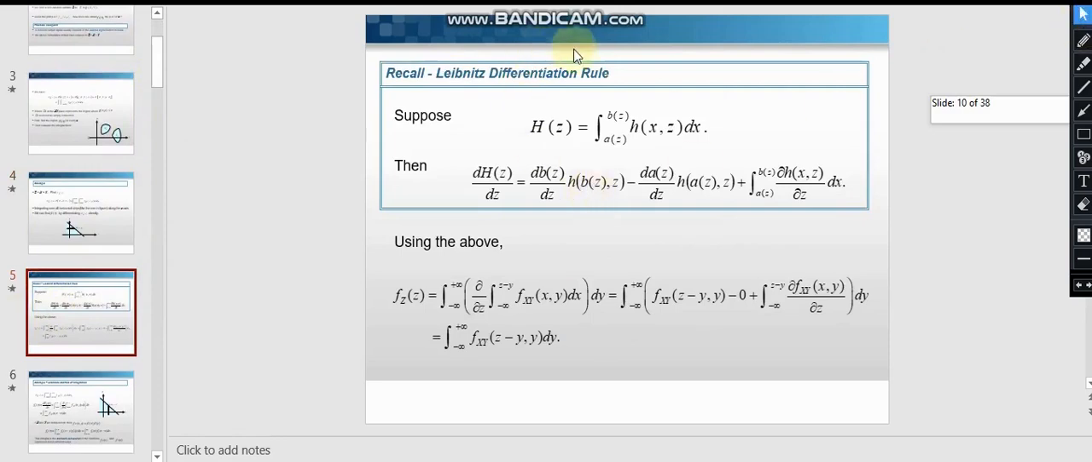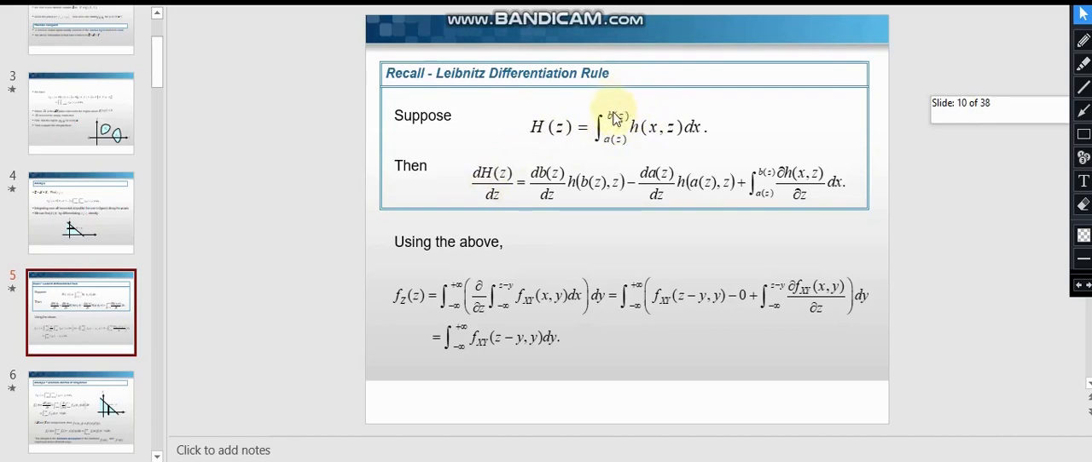For this, first we have to recall the Leibniz differentiation rule. In the Leibniz differentiation rule, there is some h of z. Here is a function which is equal to integrating this function from a to b. These are the limits. So when we take the derivative of this function, this would be equal to